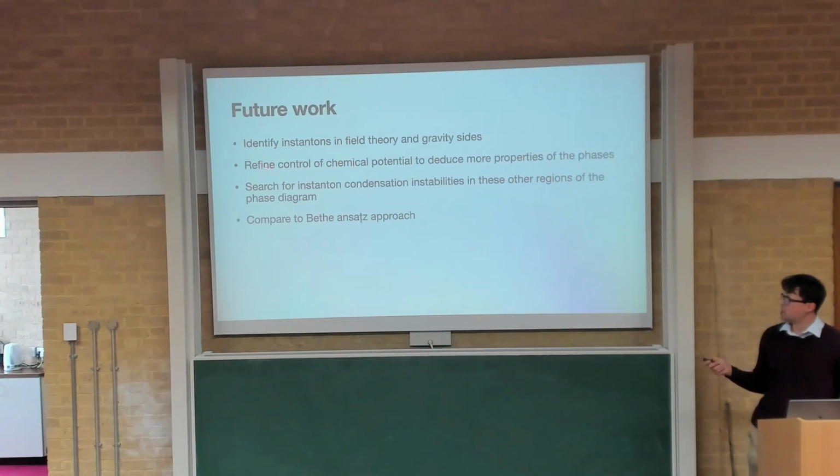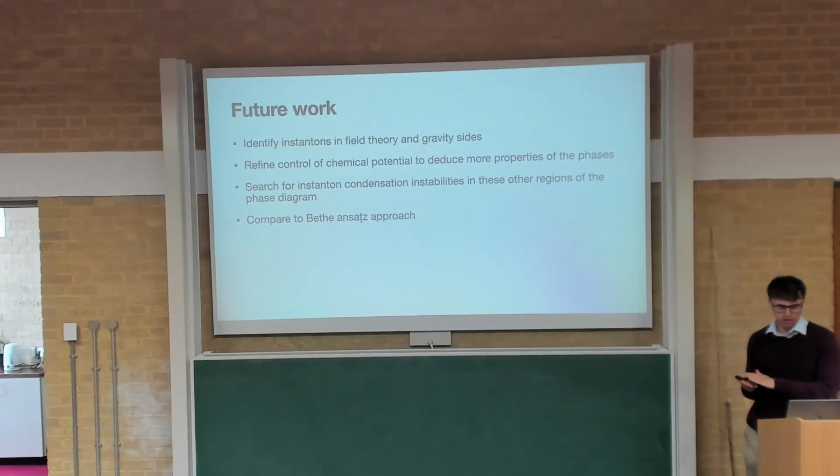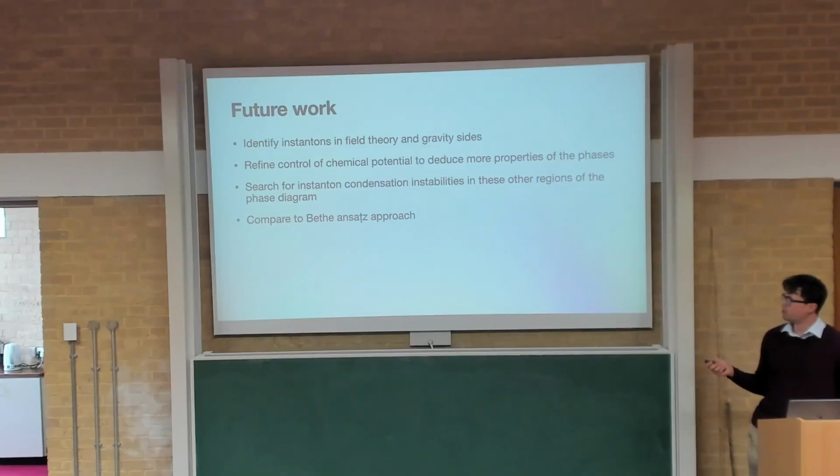And as I explained, I used a simplified region of the superconformal index where we only had one variable describing the chemical potential. But if we introduced more independent chemical potentials, then you can find certain condensates and other properties which might tell us a lot more about what these phases are.